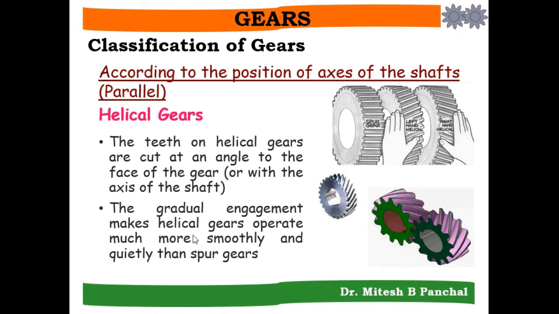We know that in helical gears, the engagement between two mating gears is gradual. It starts from point engagement and gradually increases to linear engagement. So that makes the operation of helical gears smooth and quiet compared to spur gears. While in spur gears there is a direct contact between the gear teeth along the full width from the beginning to the end of the engagement, and that makes the initial engagement like an impact loading, and because of that reason the operation of spur gears is noisy.